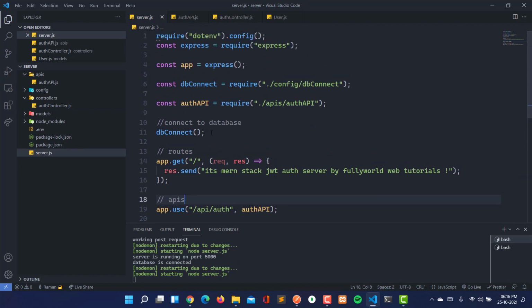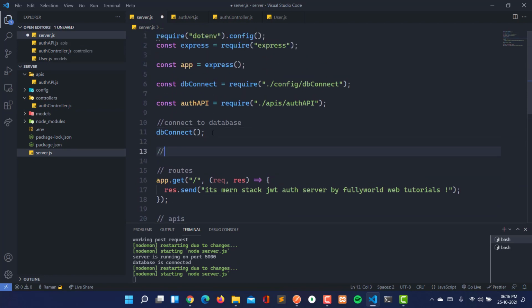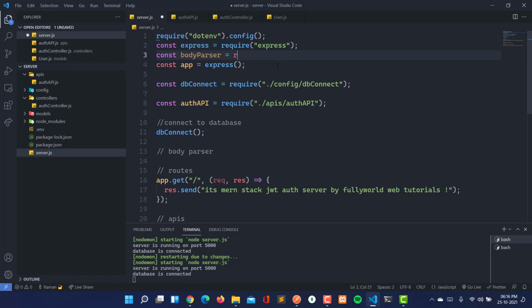In the server, below the database connection, here we are going to use the body parser. So first of all, let's import the body parser here. So const bodyParser equals require body-parser. So we have the body parser now.